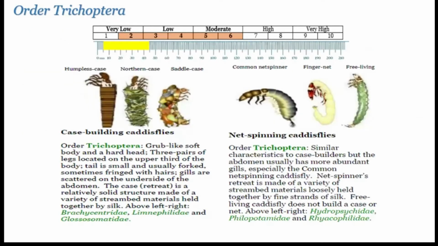The next group, order Trichoptera. These are the caddisflies. They basically look like a small grub or caterpillar. Their body is soft, their head is hard, their legs are located up near the head in about the third of the thorax. What's interesting about them, and really